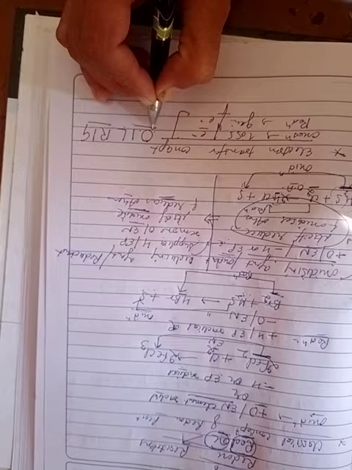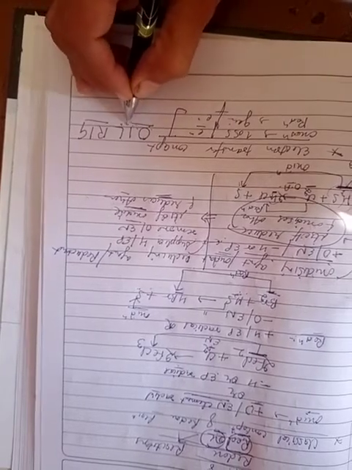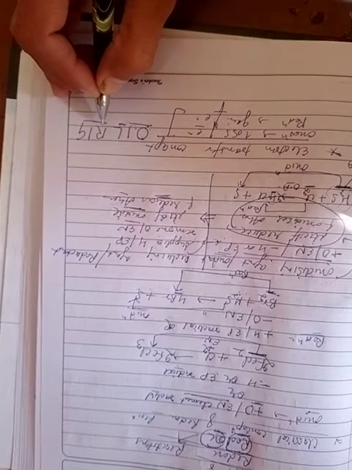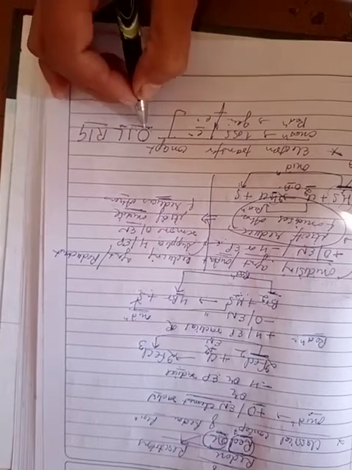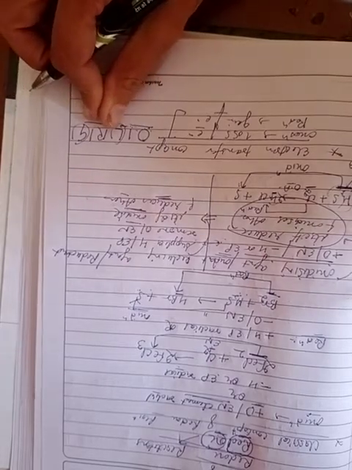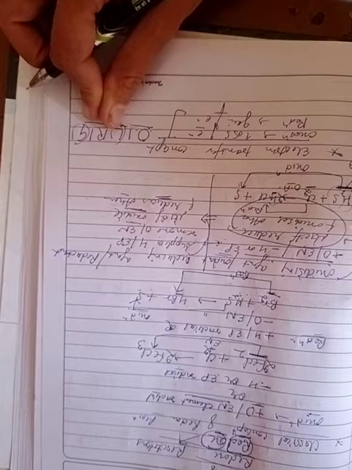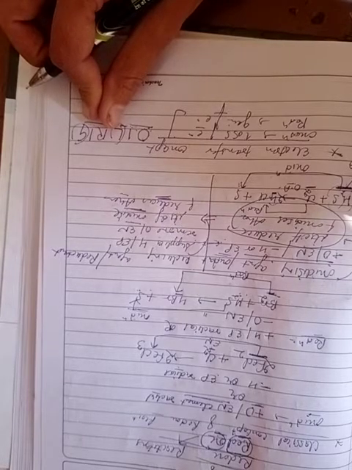OIL. O means oxidation, I stands for is, L means loss, so oxidation is loss, reduction is gain. Clear? Oxidation is loss of electron and reduction is the gain of electron. This is the definition of oxidation reduction in terms of electron transfer concept. We can also explain it as,